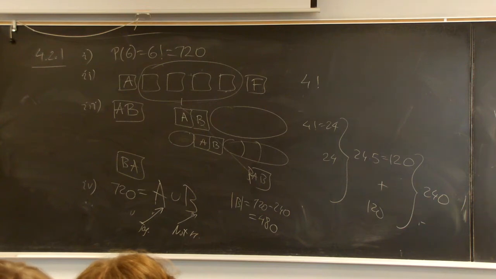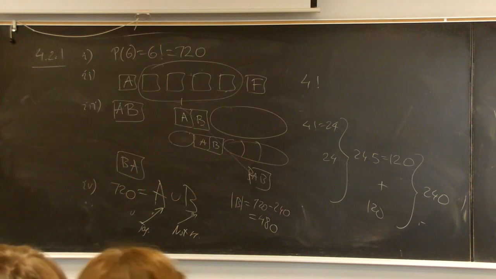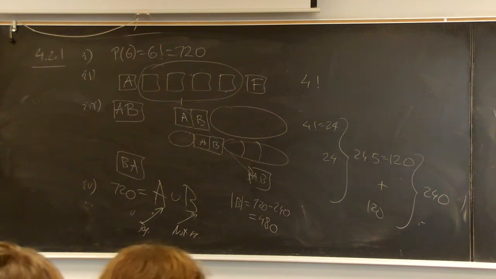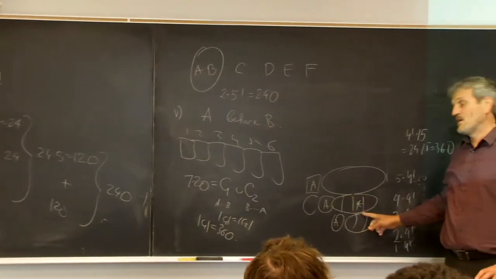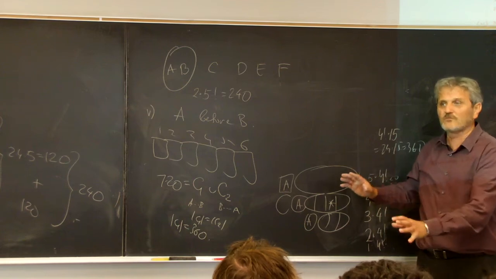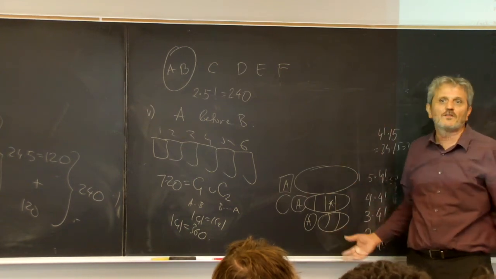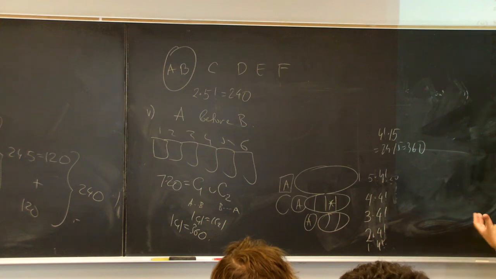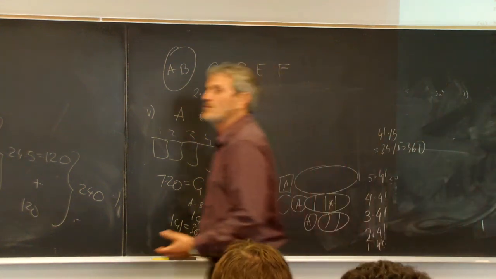Well, this was an important move here. When I chose A, I first hosted B. Do you understand why that's important? Because for B, you have to keep in mind to keep it on the right, not on the left. Once you fit B, then for the others, just fit them in however. We have full freedom, no restriction. So you first satisfy restrictions, and then you qualify for the